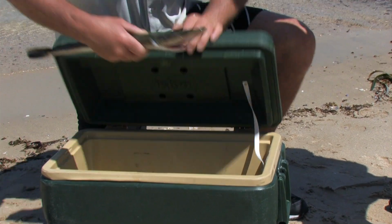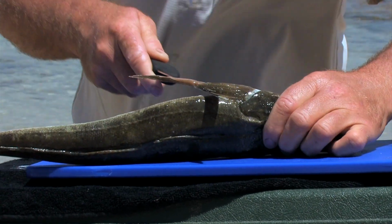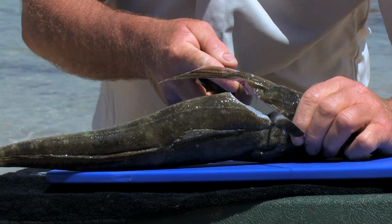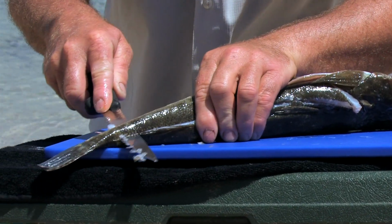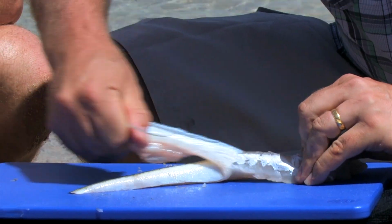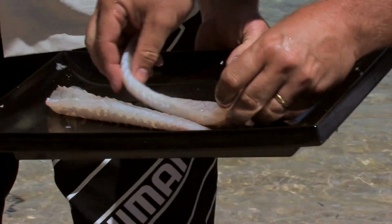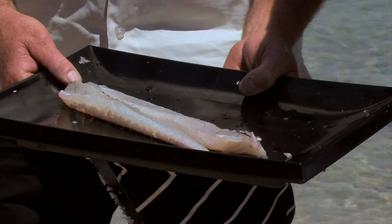We're going to fillet our flathead for Paul's main dish. You just drop the knife behind the last fin and cut forward till you hit the bone, and then turn the knife and run it out the back. For the dish that I'm cooking today, we don't need any skin on it. So what you do, you can run your thumb around the back here, and just one quick action, takes all the scales off as well, straight through like so. And we have an absolutely beautiful piece of white flathead fillet, which I'm now going to cook up at the